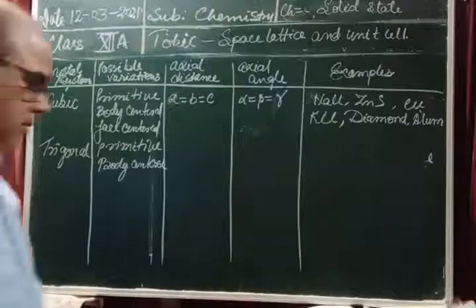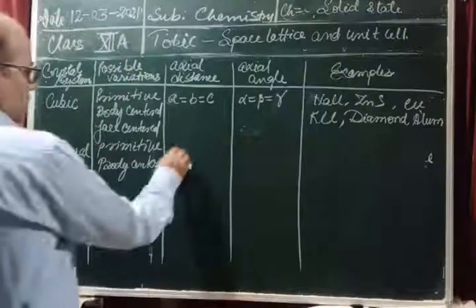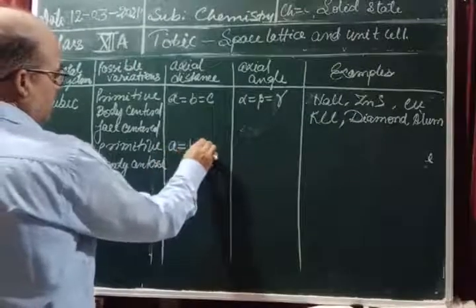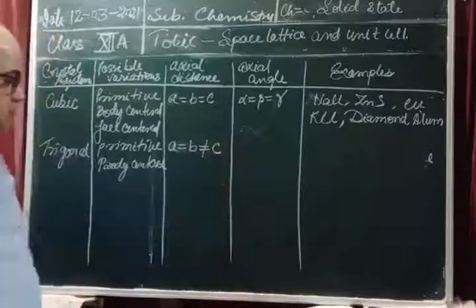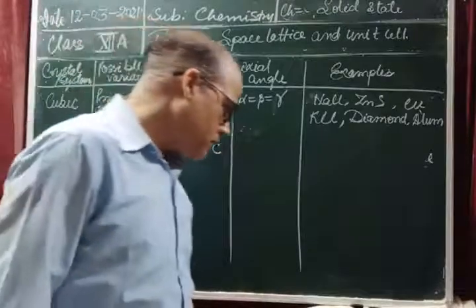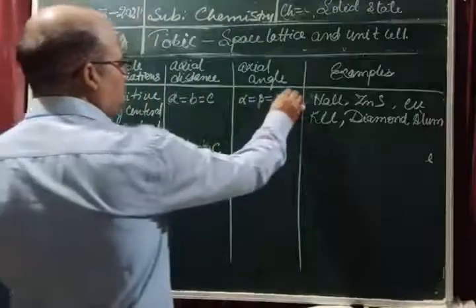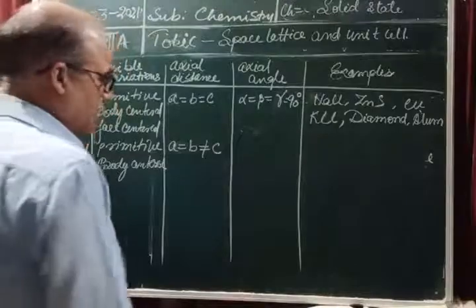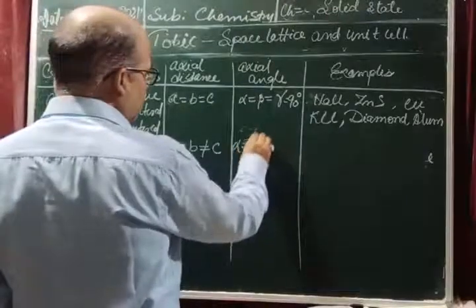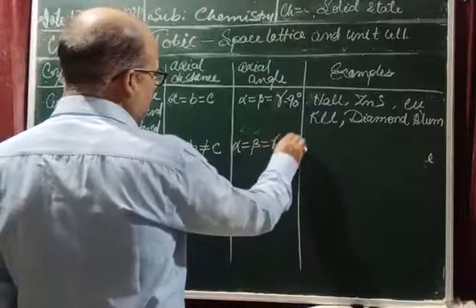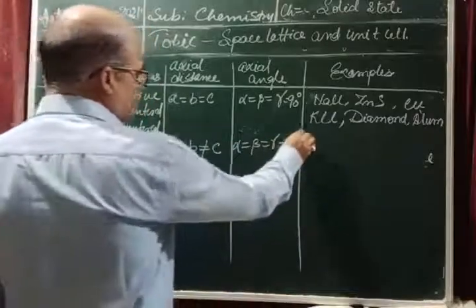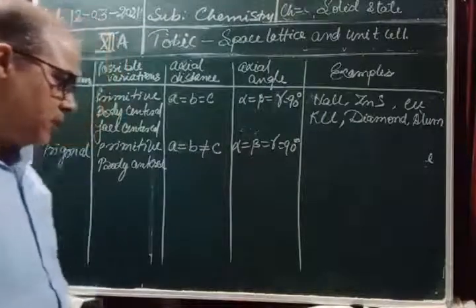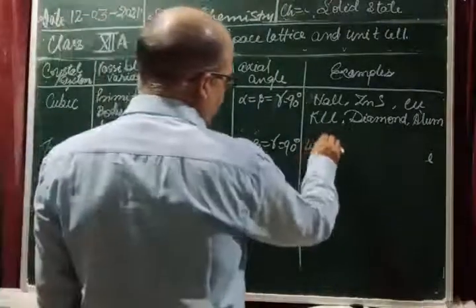Okay, in this case A is equal to B, but B is not equal to C. Here the angle is 90 degree. Here also alpha is equal to beta equal to gamma equal to 90 degree. Angles are the same. Okay, and example is white tin